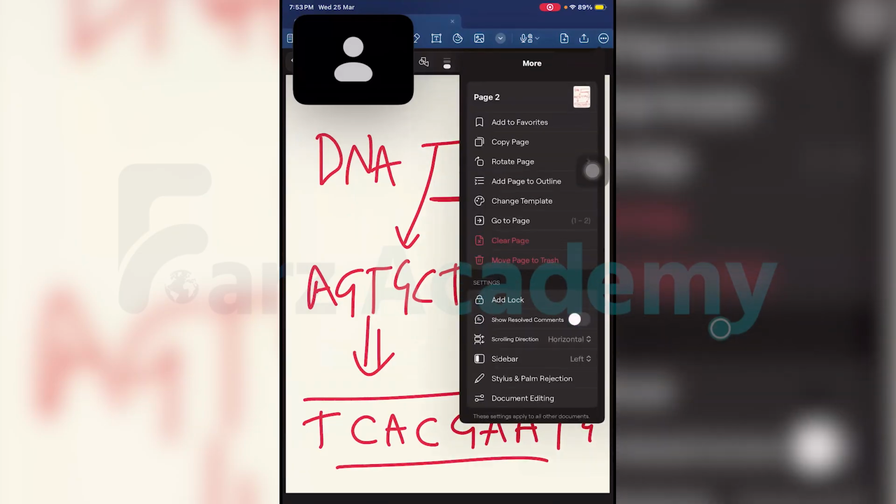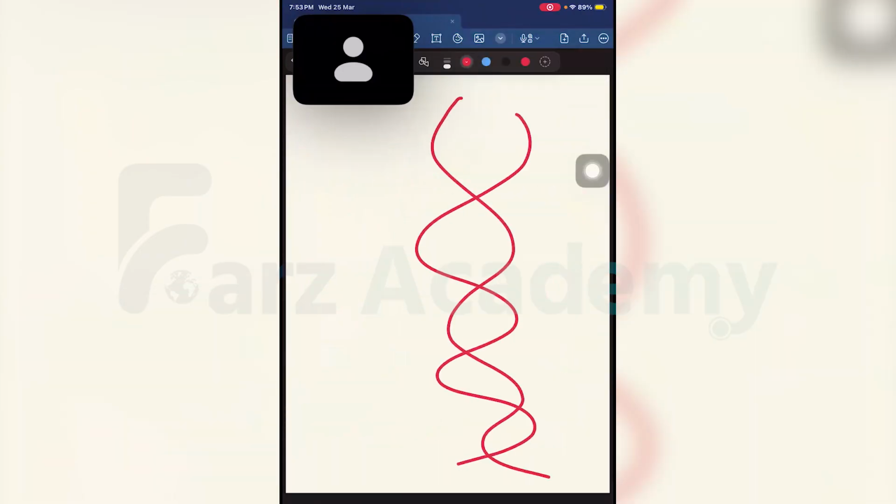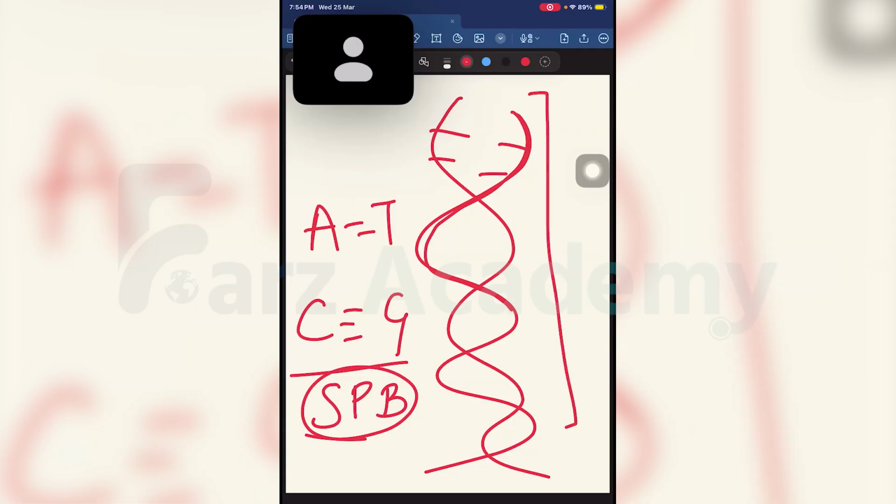So we know the nitrogenous bases in DNA. I'll tell you about the structure of DNA, which is a double helix, as we all know. What I am drawing is the sugar phosphate backbone, and these are the nitrogenous bases. If they are adenine and thymine, they join by two hydrogen bonds. If they are cytosine and guanine, they join by three hydrogen bonds. What is DNA basically? It's a double helix with repeating units of nucleotides. What is a nucleotide? It is a sugar, phosphate, and a base. These three together form one nucleotide or one monomer, and the repeating units of nucleotides together form the helix of the DNA.